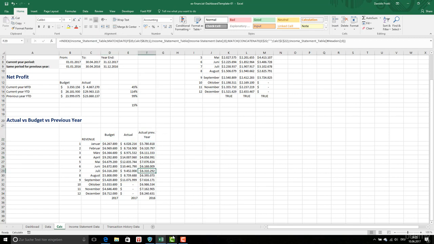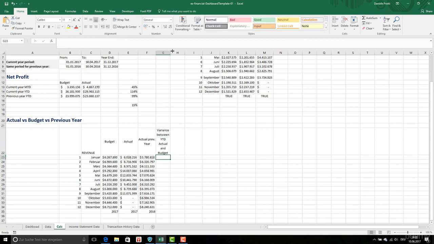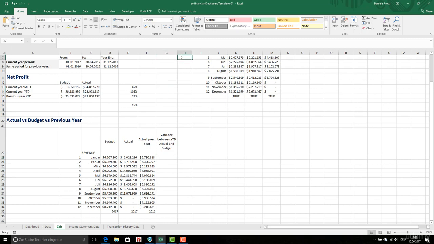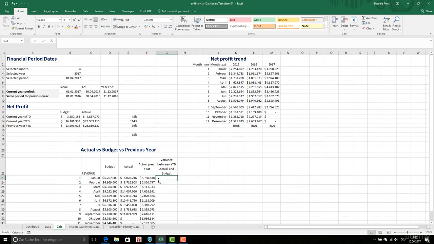Now we need another value. We need the variance between the year to date, actual and budget. We want to see the difference, the variance. Okay, I can also put it here, make it like this. Okay, so now we're going to evaluate this. So we're going to do the following here. If this